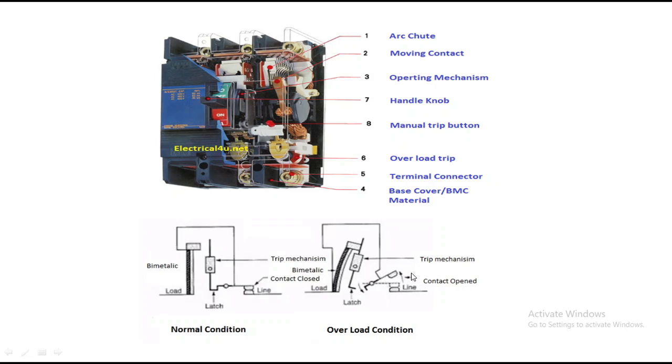Whenever these two contacts are open, look at here. The power is entering from here, and this will be open. There is no path. Here is the path, and this path would flow to the load. But look at here, there is a gap. There is no path for the current flow. Automatically, the load will be isolated. This is the actual trip mechanism that occurs in our